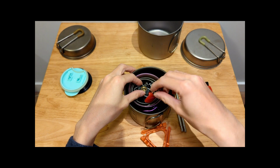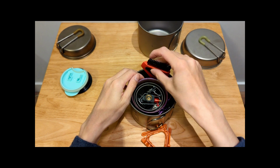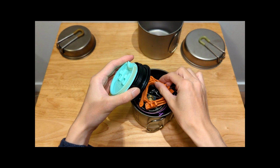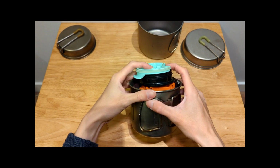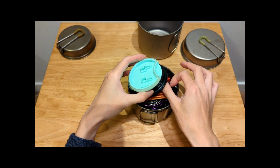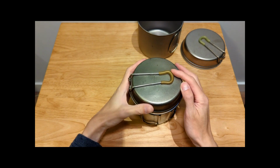Lighter fits inside. The chopsticks I like to keep on the outside here. The scrubby, and then you can see here the pot support and your lids. So all of this fits relatively well inside your pot set. So we'll just take this, and we can take the lid, and